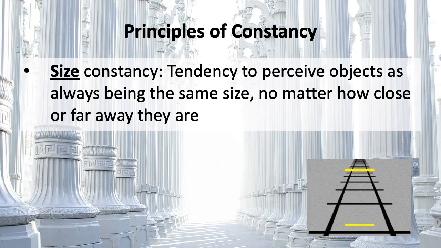So there are principles of perception, and some of those include principles of constancy. Constancy is principles that contribute to how we perceive things. So the first principle of constancy is size constancy. This is a tendency to perceive objects as always being the same size, no matter how close or far away